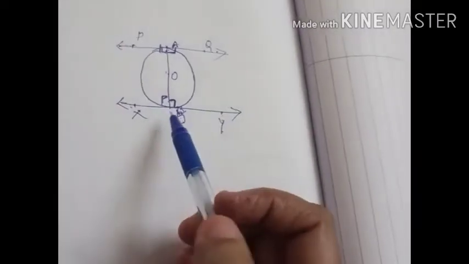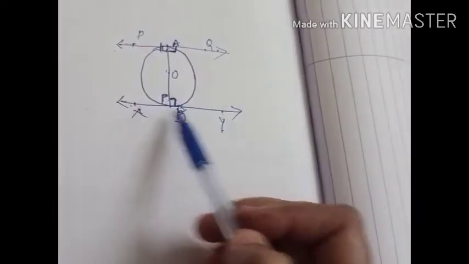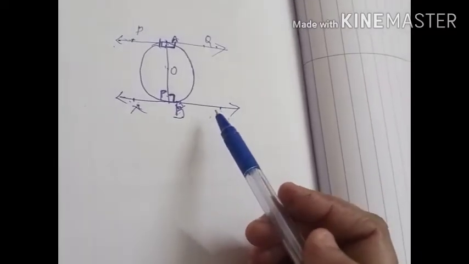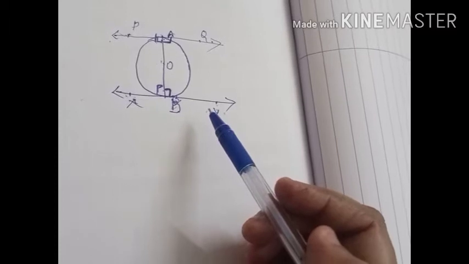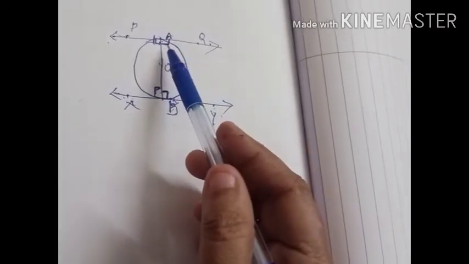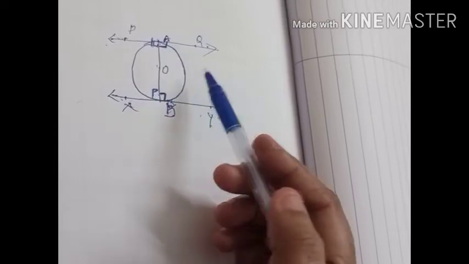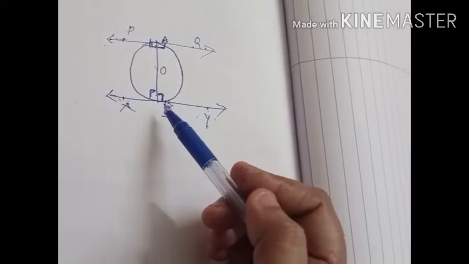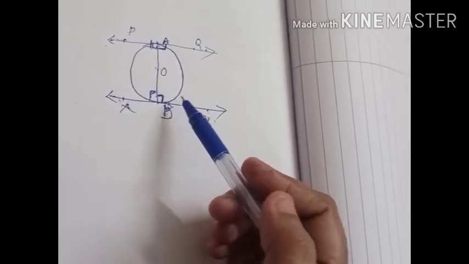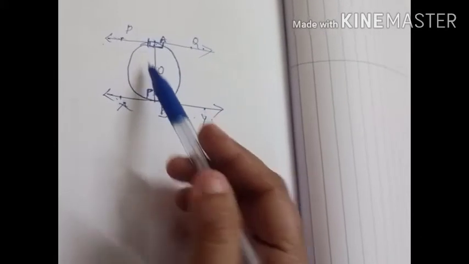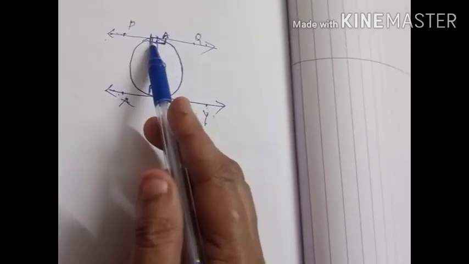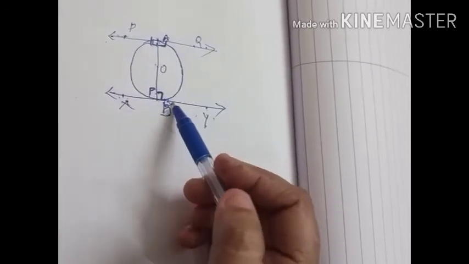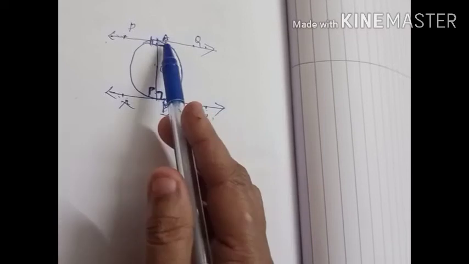But here in this question, we have to prove that these two lines are parallel. So we have to consider co-interior angles, alternate interior angles, corresponding angles and all. But here the corresponding angles axiom is not useful. So we have to consider alternate interior angles or co-interior angles. So here I consider angle PAB and angle YBA.